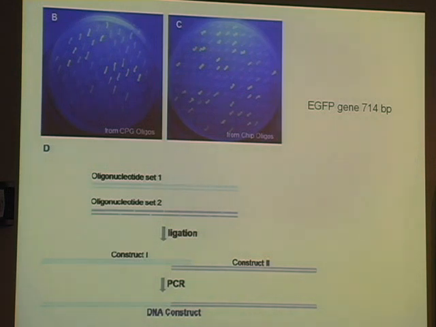There's been some very large steps forward in this in the last few years, but here they're assembling a gene that glows green if it assembles properly. It's only 714 base pairs, but trying to get to something that's large enough to encode some